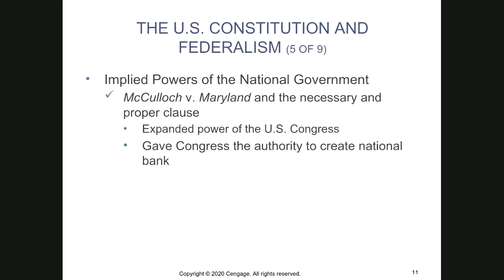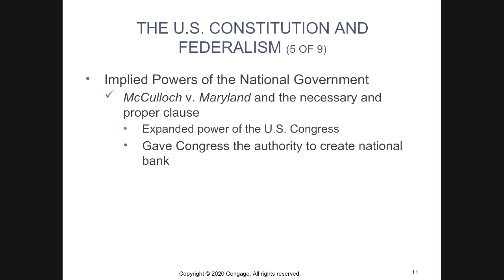Okay, let's talk a little bit about that necessary and proper clause that we were discussing earlier. Your textbook is going to talk about a case of McCulloch versus Maryland. McCulloch versus Maryland really had to do with whether or not the federal government could establish a bank. The federal government set up a bank, and the state of Maryland was not very excited about this because they basically felt like it was competing with their bank. So they decided that they were going to tax the national bank, not for a legitimate purpose, but really because they were just trying to tax the national bank out of existence.